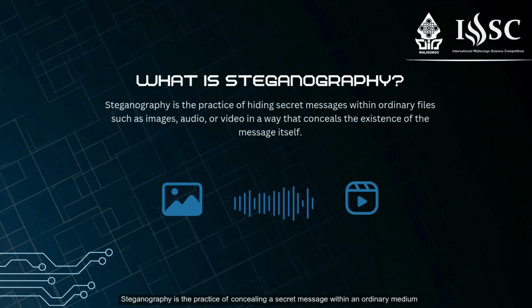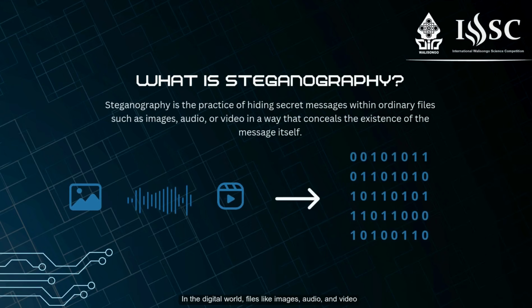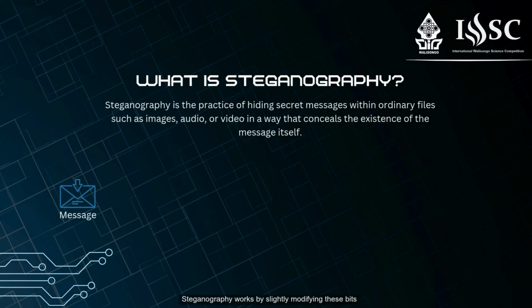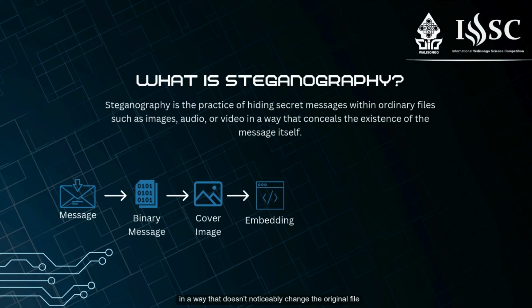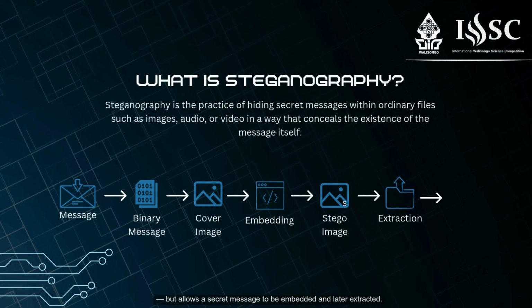Steganography is the practice of hiding a secret message within an ordinary medium in such a way that the presence of the message is not detectable. In the digital world, files like images, audio, and video are stored in binary form, that is a long sequence of bits, zeros and ones. Steganography works by slightly modifying these bits in a way that doesn't noticeably change the original file, but allows a secret message to be embedded and later extracted. The embedded message can later be extracted using a specific decoding process, allowing the hidden information to be retrieved without